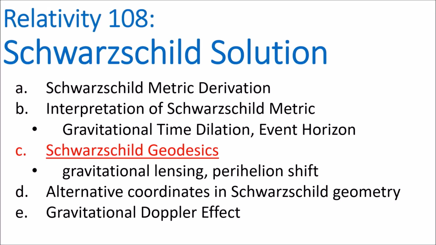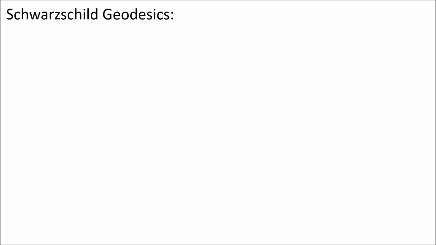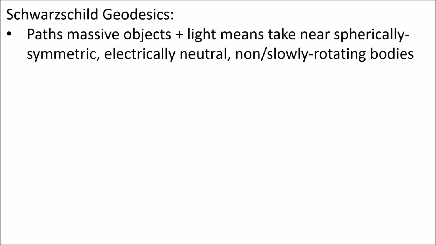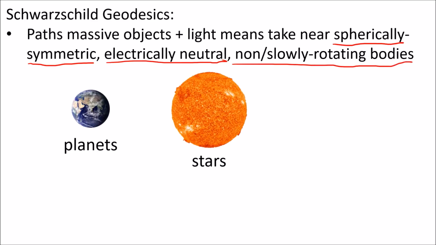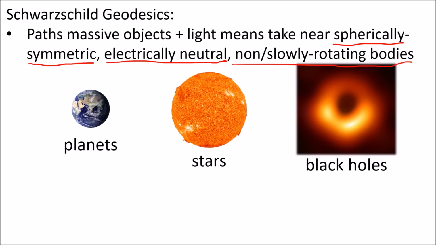In this video, we're going to derive the geodesics for the Schwarzschild geometry. These are the paths that massive objects and light beams will take in the curved spacetime near a spherically symmetric, electrically neutral, non-rotating body. So basically, this is how the gravity of planets, stars, and black holes affect light and